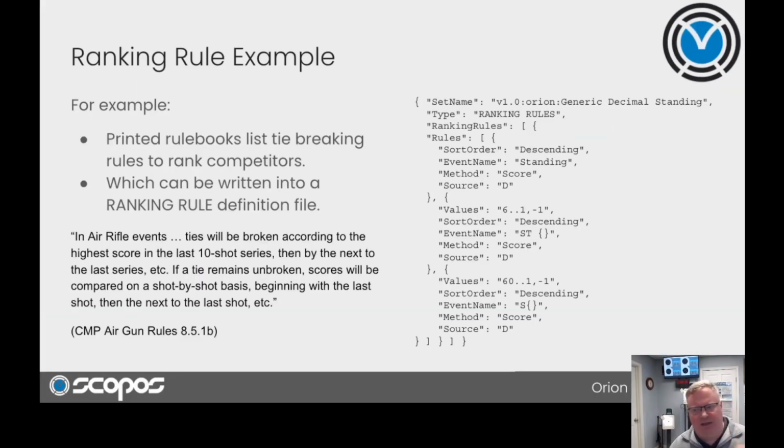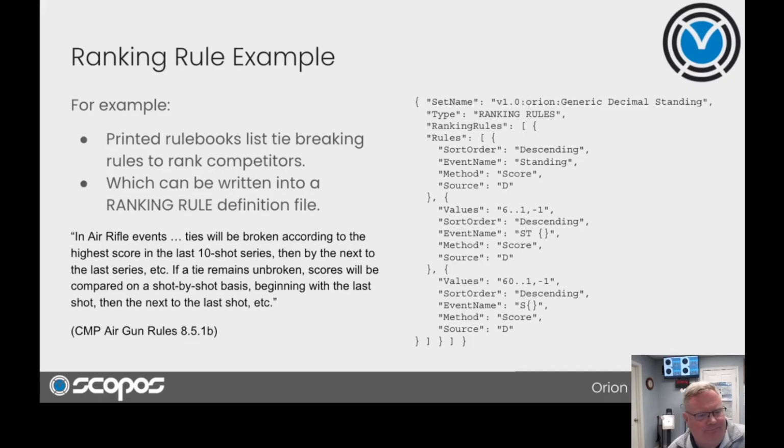All right, so let's take a hopefully understandable example of a definition file and how this maps to a printed rulebook. And the example that we have in front of us is a tie-breaking rule. How to rank competitors in a match. So again, the printed rulebooks are going to have a set of English words on what the tie-breaking rules are, and what we want to do is convert those sentences in the printed rulebook into something that a computer can understand. So in this example, we have the air rifle rules for ranking from the CMP Airgun rules, and